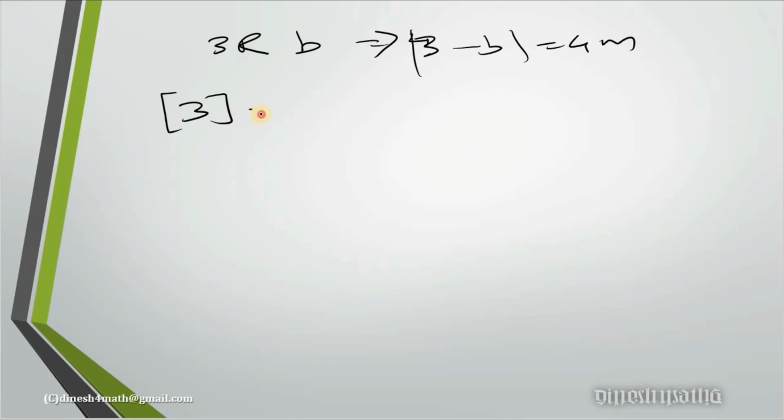Okay, so this is supposed to find the elements which are related to 3. So that means 3 minus B should be a multiple of 4. So 3 minus which number will give you a multiple of 4? Usually we'll write it as equivalence class of 3 like this. So 3 minus 3 will be 0. So that will be one multiple.